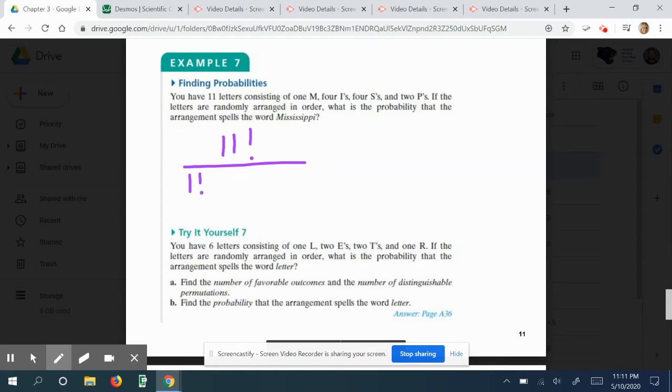N2 is going to be the 4 I's, so it'll be 4 factorial. N3 is going to be the 4 S's, 4 factorial, and N4 is going to be the 2 P's. Okay, so just making sure, if we added 1 plus 4 is 5, 9, 10, 11. So they do work out. And so we go to our calculator,